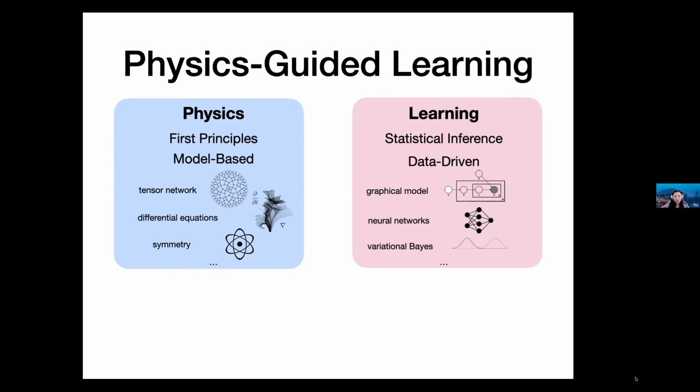Most importantly, I would also want to argue that some of the machine learning models cannot generate physically meaningful predictions. So if we want to use machine learning models for physical sciences problems, such as traffic or climate science, it is important to ensure the predictions from the machine learning model are physically meaningful and scientifically valid. So because of that, the complementary strengths of these two fields in modeling space-time data, it's very natural to combine them together. And that's the idea behind physics-guided learning.